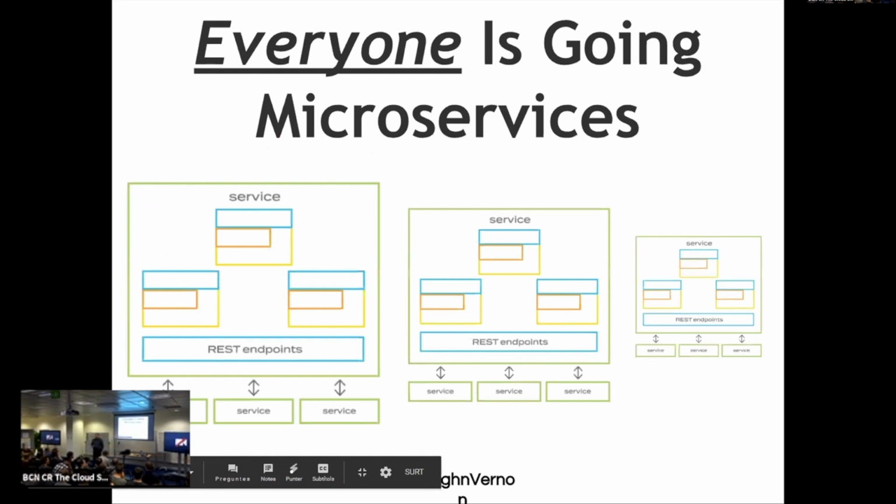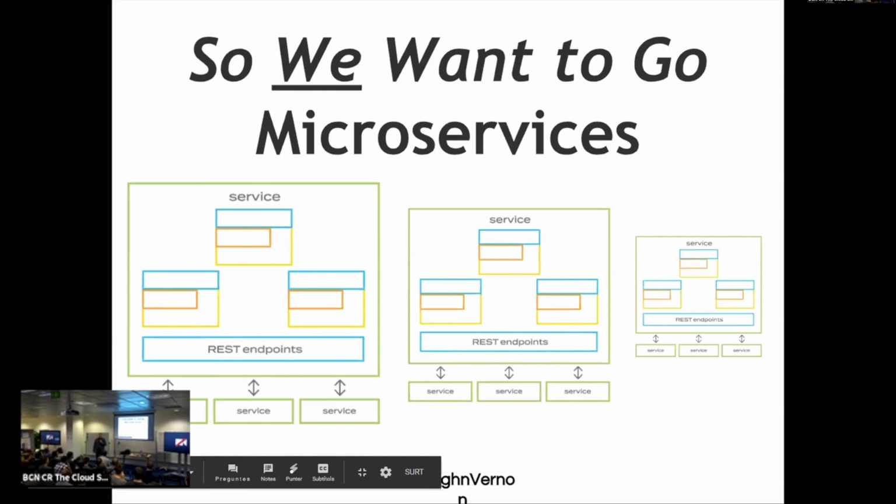And now let's talk about microservices just for a few minutes. So if everyone is going microservices, don't we want to go microservices too? Isn't that the tendency? We want to get the experience that others are enjoying.